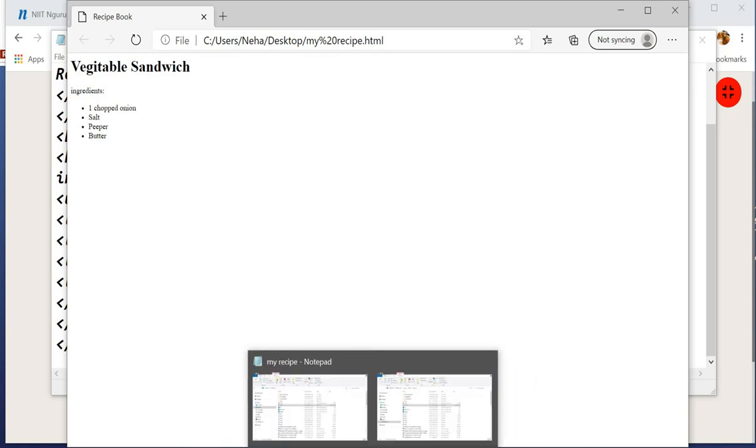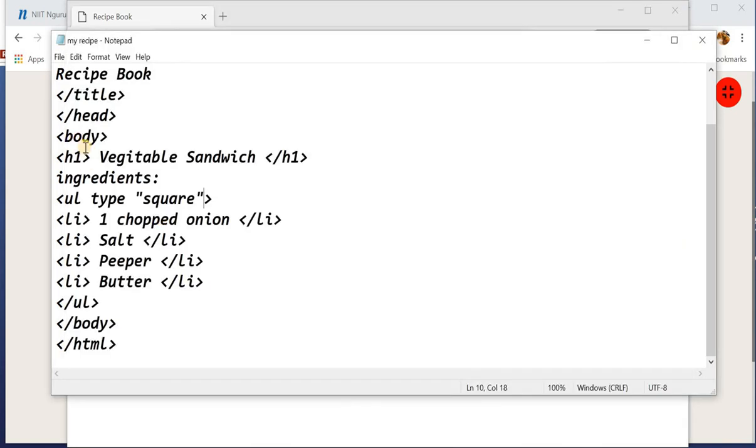For creating an ordered list, what will you do? Start the OL tag here. The list is the same as we created in the last class, but you only have to open and close the OL tag here.